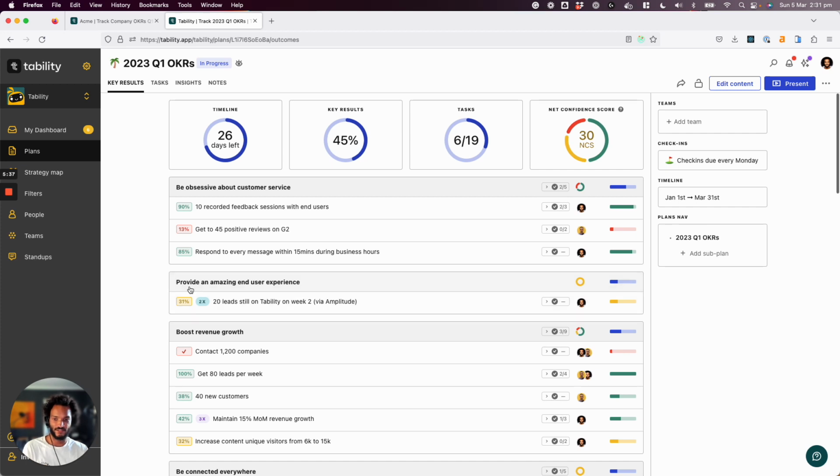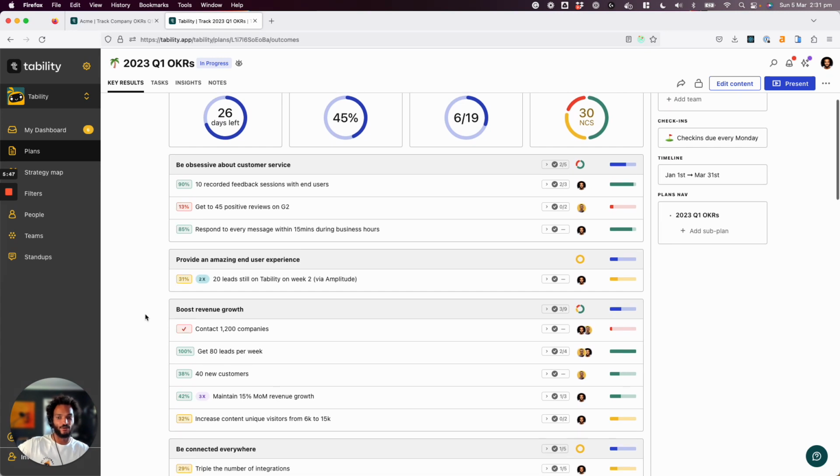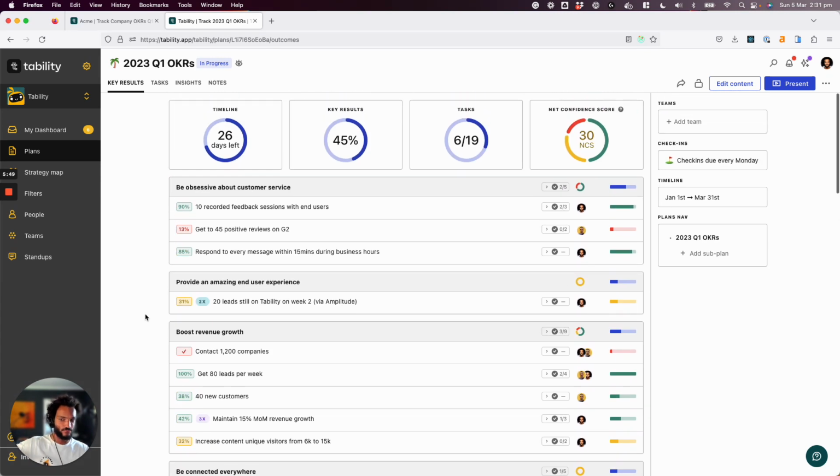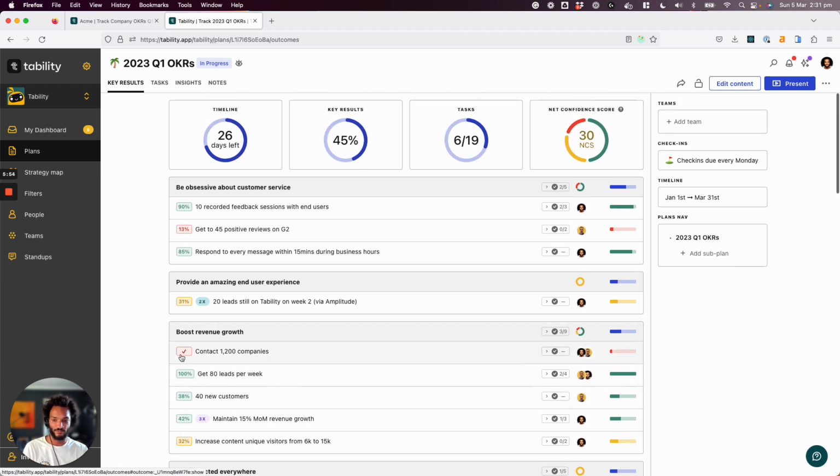The second part is this objective here. There's just one KR, but actually there are a couple of things that are masked currently. What I try to have is really only 3 to 4 key results per objective. Here you can see that there are 4, but it's because we marked this one as done. And so we decided, okay, we can add one more to help us get a better understanding of how we're boosting